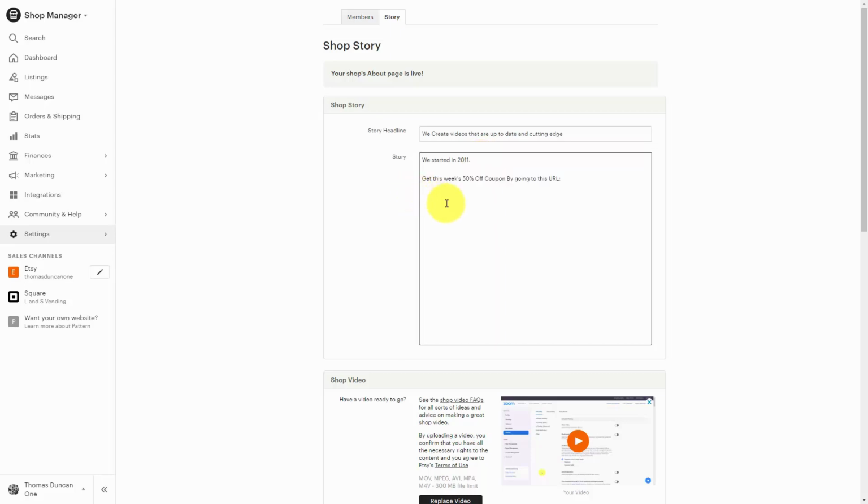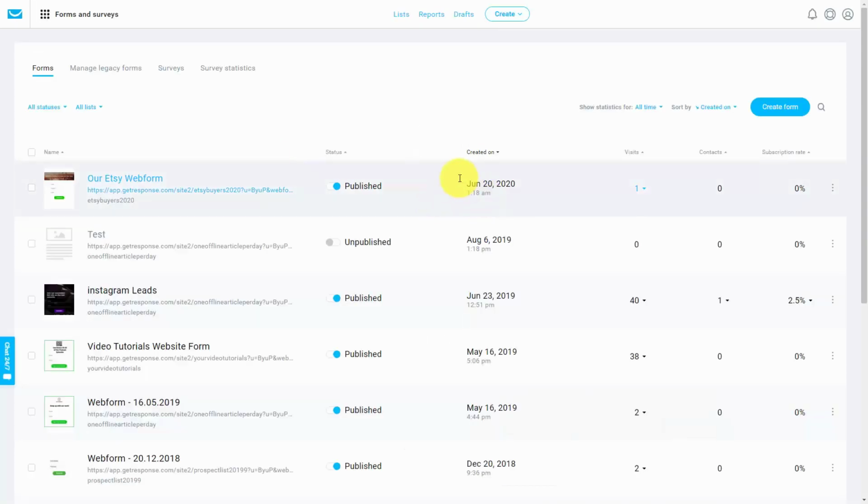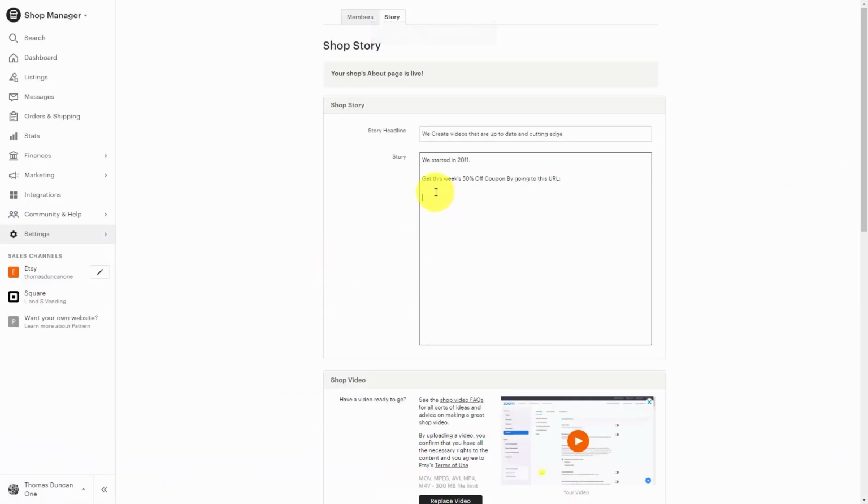Now the URL that we're going to be promoting is going to be the URL for our opt-in page. So we're going to grab the URL to the form that we created, and we're going to add it to our shop story. Now it could be that the URL that you've been given is going to be difficult to be consistent with